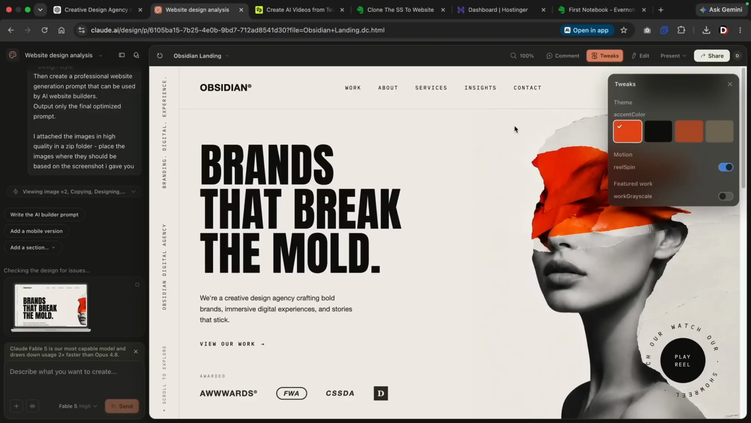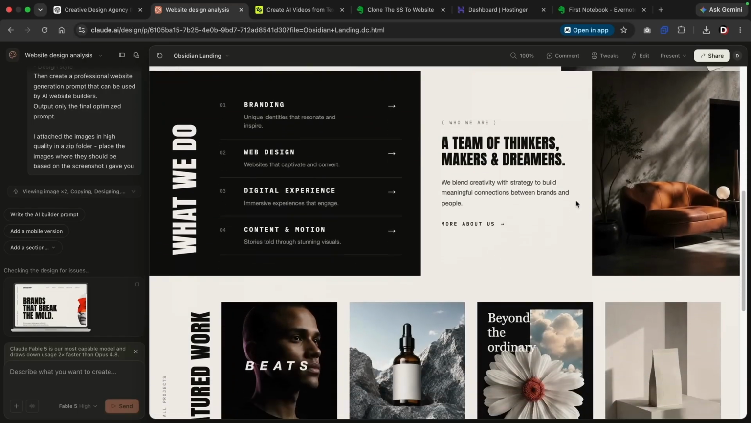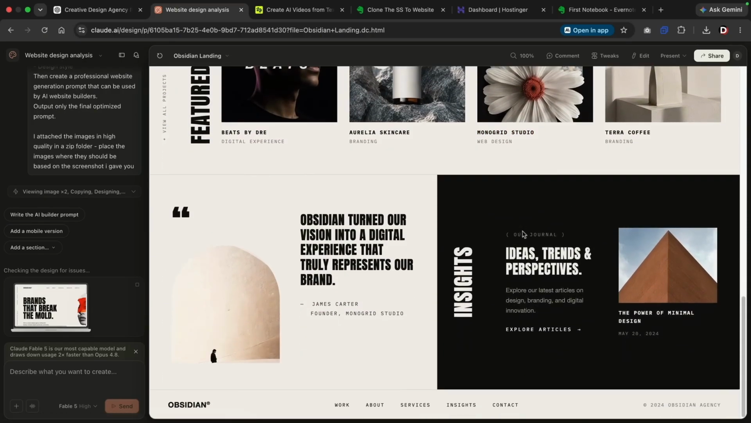prompt. And now it's finished. What's really cool is we can turn on and off this wheel spin. That's really cool. Now we scroll down. Here's the actual website. Looks fantastic, and it's identical to the original